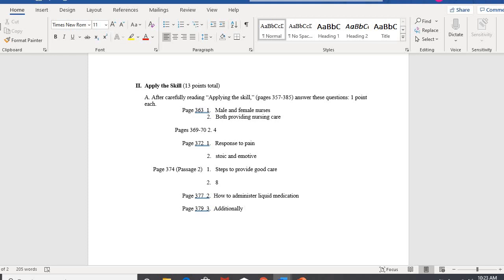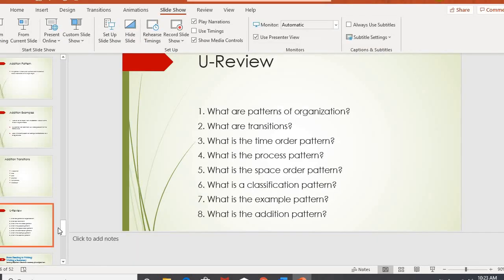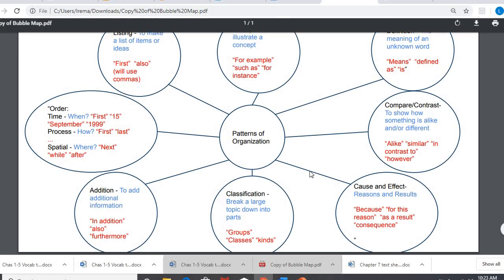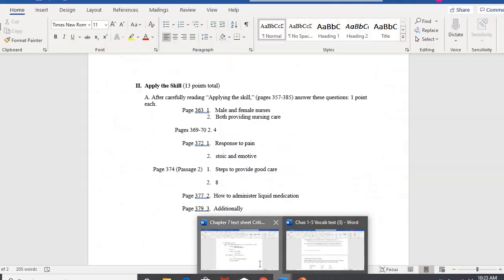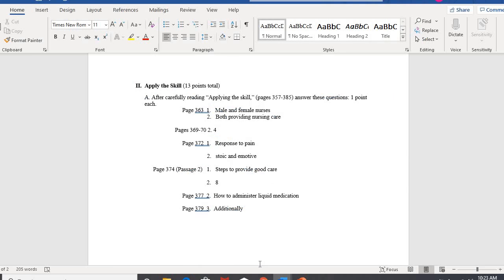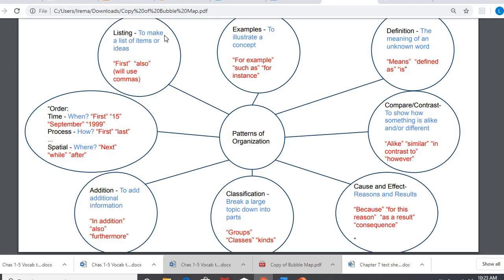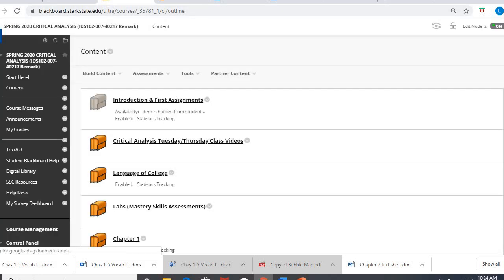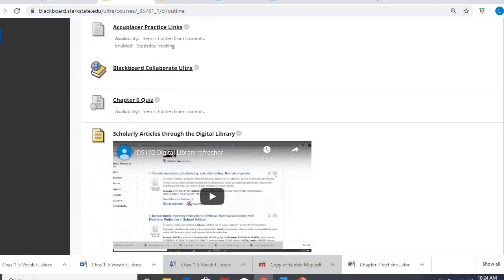Okay, that is all we're going to do in Chapter 7 today. So in Chapter 7, we talked about all these patterns of organization. We looked at the graphic organizer that helped sort them in different ways. And then we did Part 2A of our text sheet. I did want to spend a couple quick minutes reminding you back in our content area down toward the